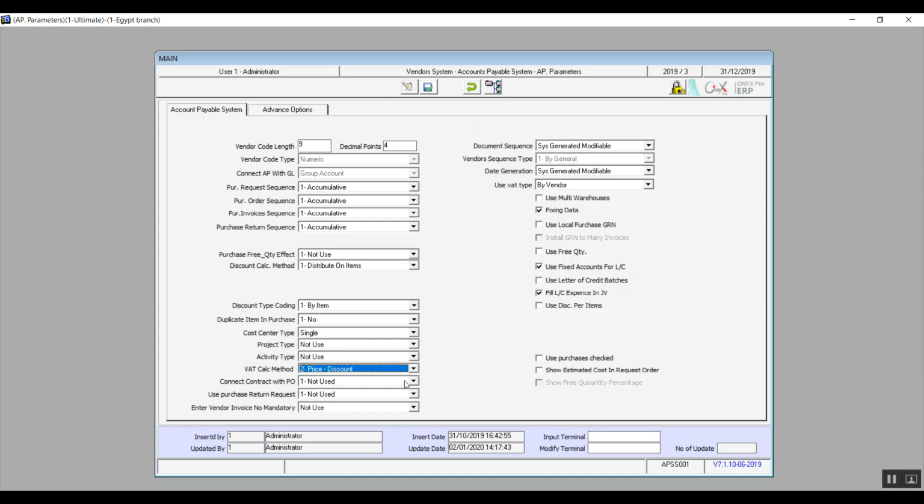Connect contract with purchase orders: not use, optional, or mandatory. In case we want to link the vendor's contracts with a purchase order, then we can go with mandatory. And if we choose that, then we will need to specify the purchase orders on the contracts. Optional means that we can create the contract and the purchase order both separately, and I also have to link